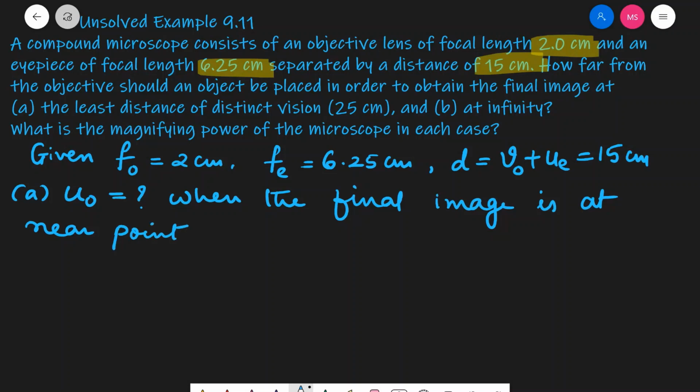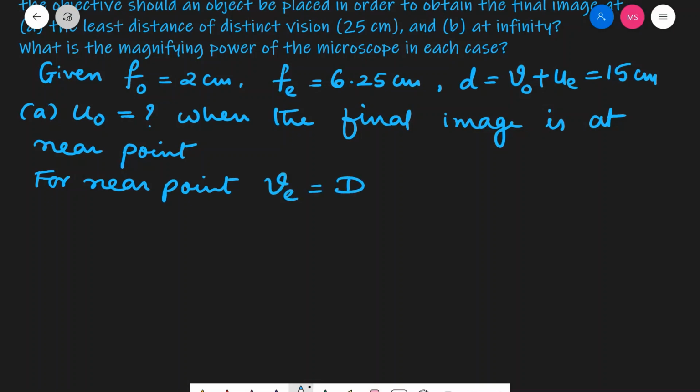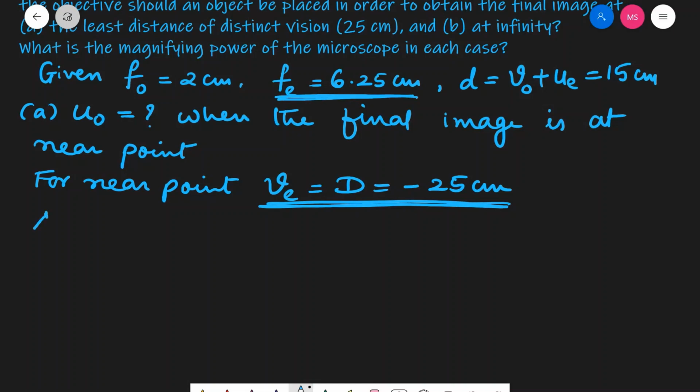As we have seen, for near point, VE will be equal to D, that is minus 25 centimeter. We know the value of VE as well as the focal length of the eyepiece FE. Hence, according to the lens formula,